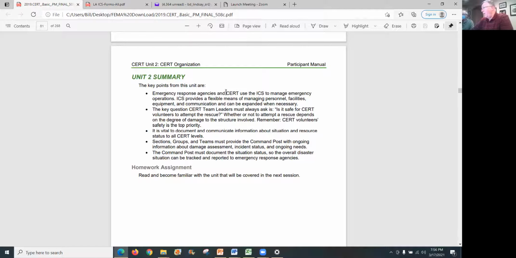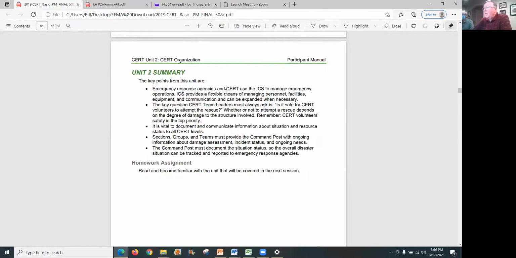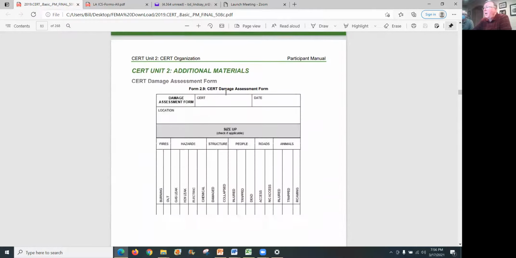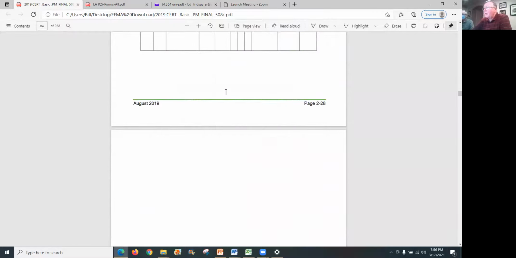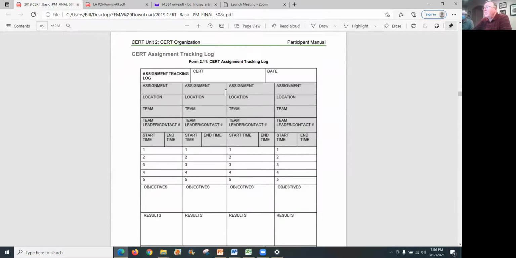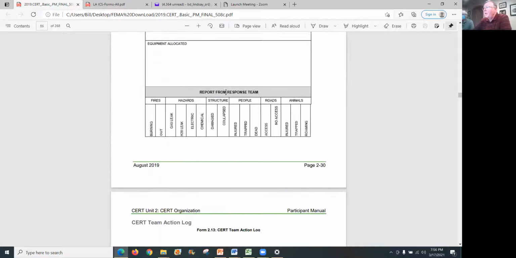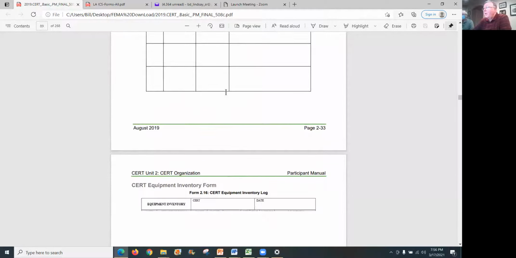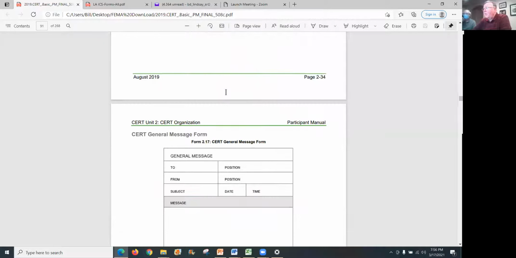But that first form that I showed, or the second form I showed you that was mine that I gave you from Salt Lake, that is a great tool. It pushes you right away to do your sizing up of your area. Okay, there's your forms, guys. I was a little too far ahead. So in your book, they do give you the form.